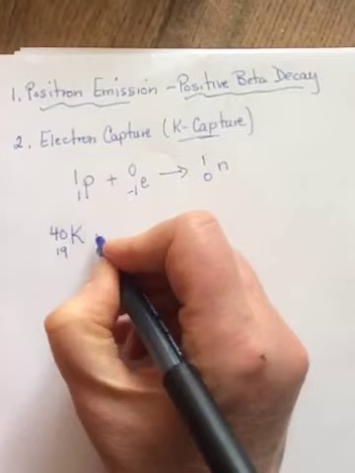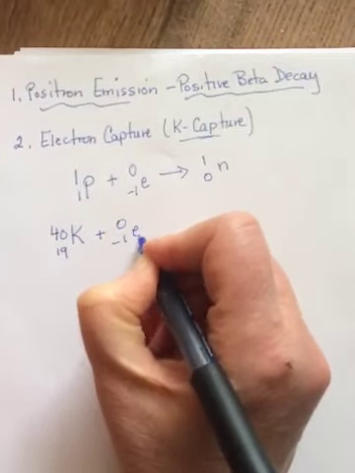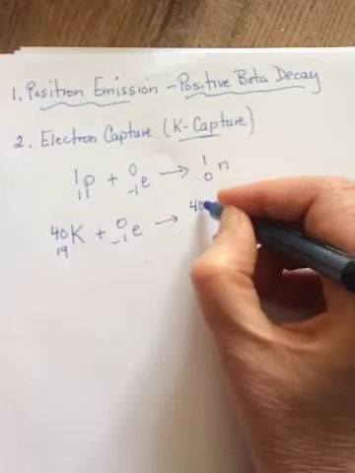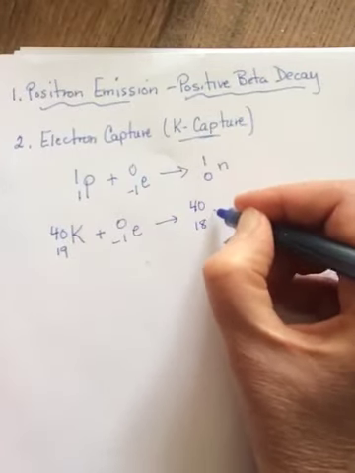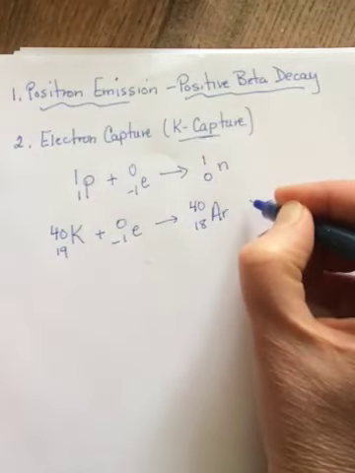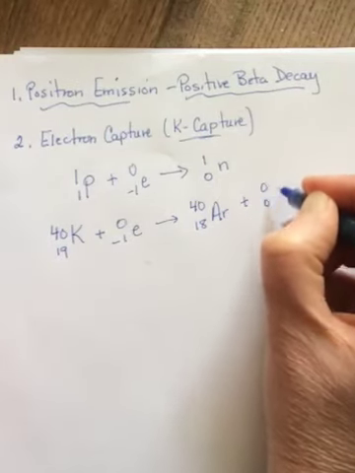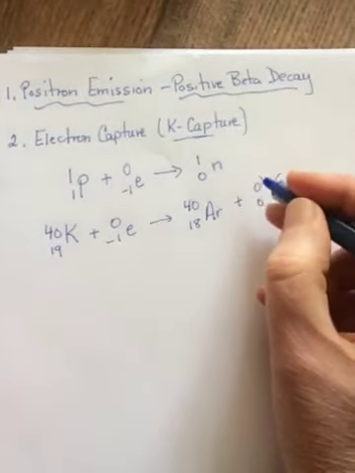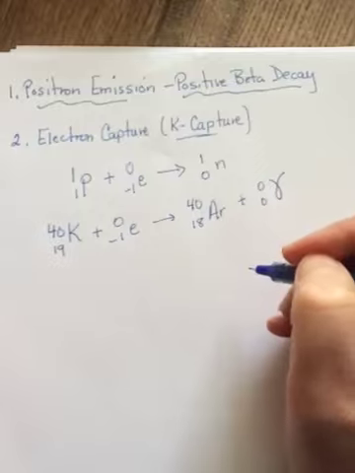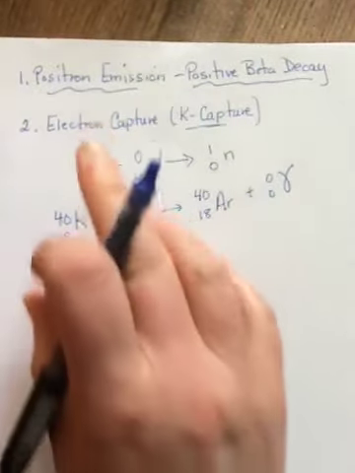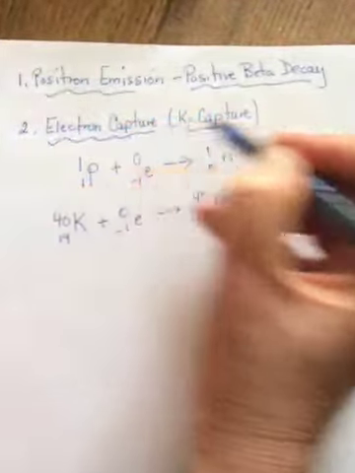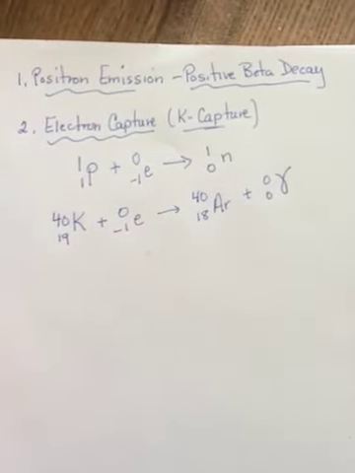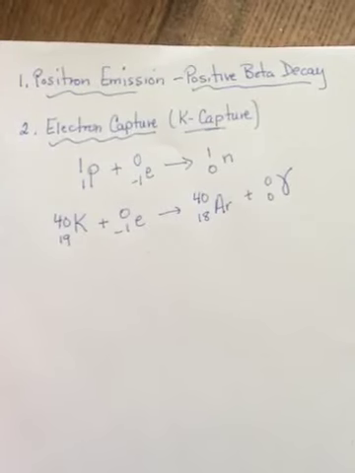Potassium-40 will pull in a beta particle or an electron, and it will become 40-18. And if you look 18 up in the periodic table, it's argon, and then a gamma ray. Remember, gamma is a fish standing on its head, and it's 0, 0. So electron capture and positron emission are types of artificial transmutation, things that we've only discovered thanks to our particle accelerators and